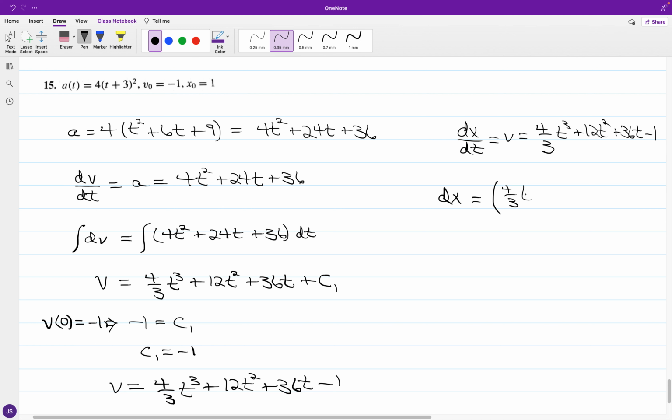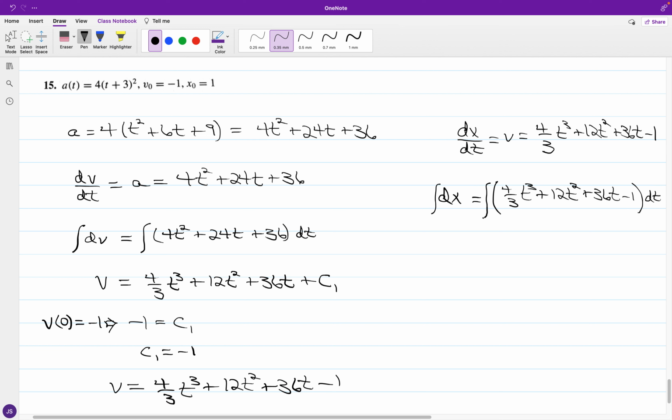So you have 4/3 of t cubed plus 12t squared plus 36t minus 1 quantity dt,